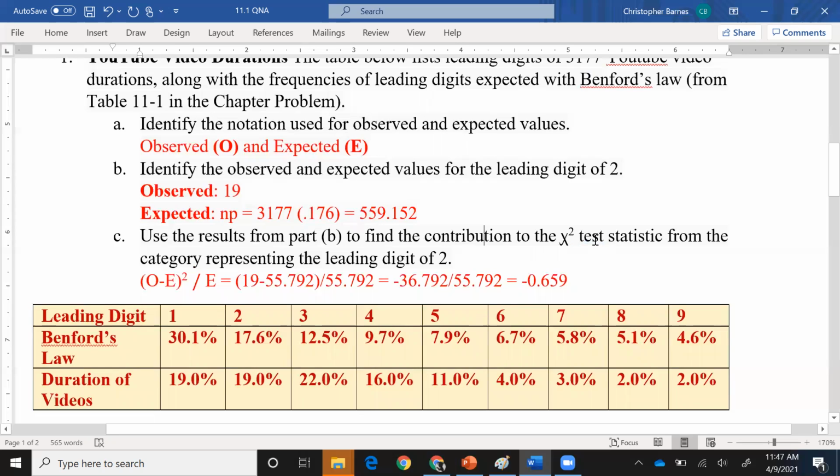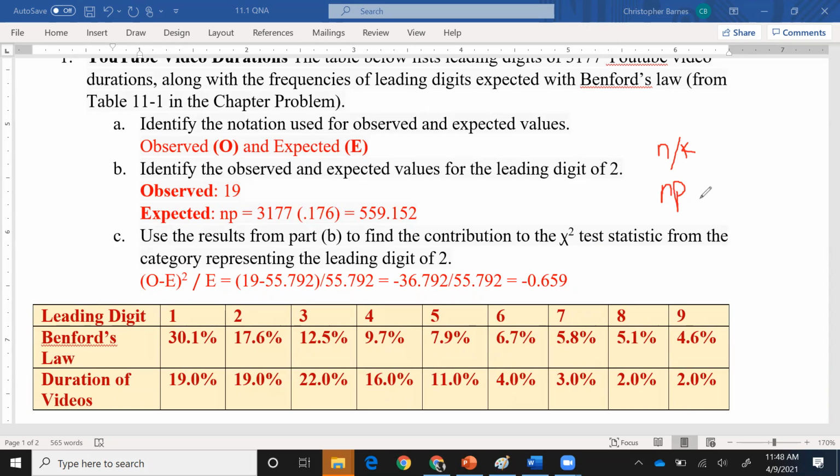So that's it. Essentially, since the number values are not expected to be all equal, because the Benford curve is not equal, which of those two equations are we actually going to use? We can either use n divided by k, or we can use n times p. Which one are we going to use? You remember, Deja?